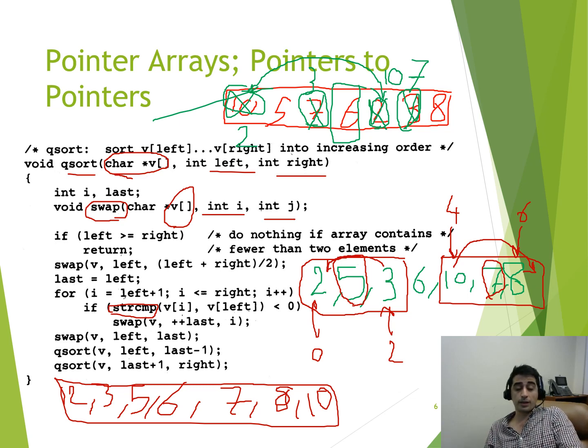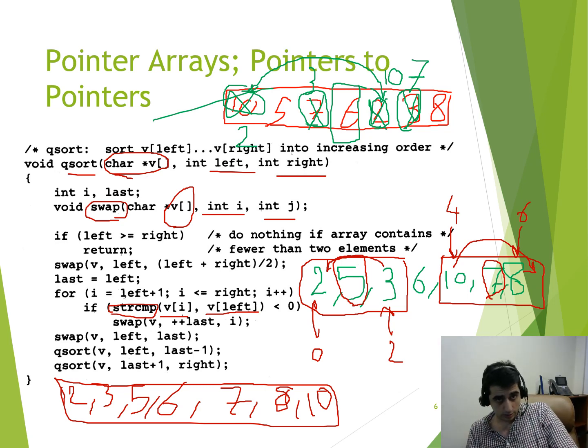same as strcmp, which returns 0. strcmp gets two parameters. If the first one is less than the second one, it returns a negative number, and if the first one is greater than the second one, that means if it's alphabetically after the second one, then it returns a positive number. So using strcmp and swap, which swaps two indices of the same array, we're going to write down the